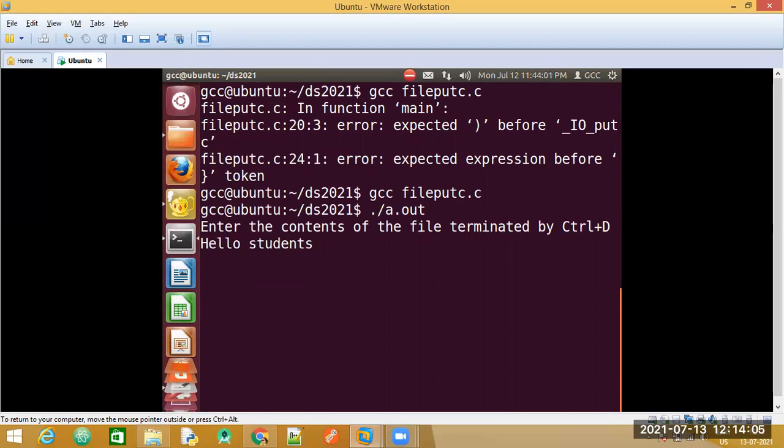Now, I need to end this, the end of file. Once the end of file character is reached, that is the indication that we need to stop running the loop, or exit from the loop. So I am going to press Ctrl D. Once this is done, the execution is over.